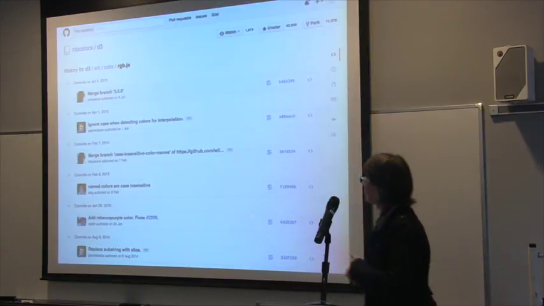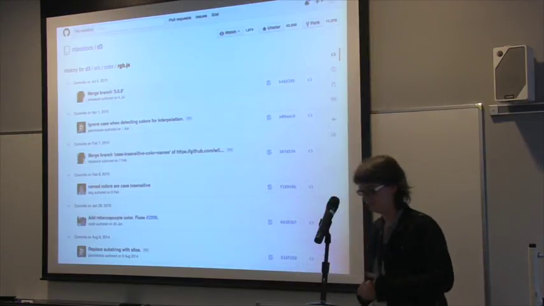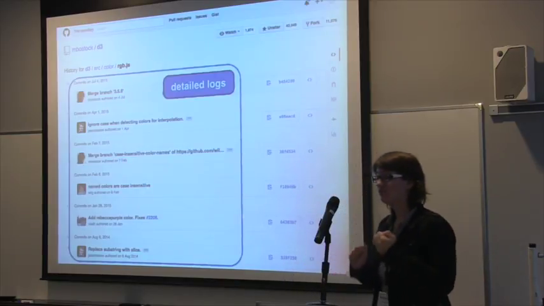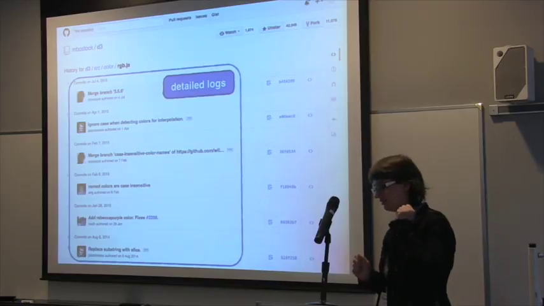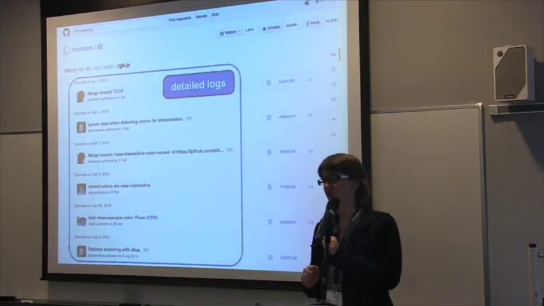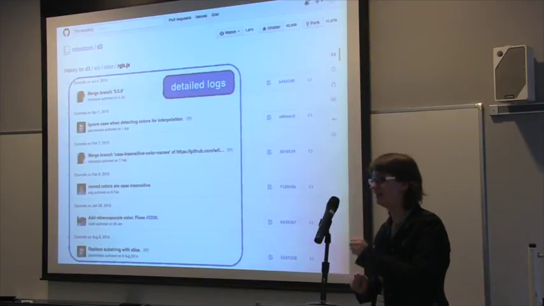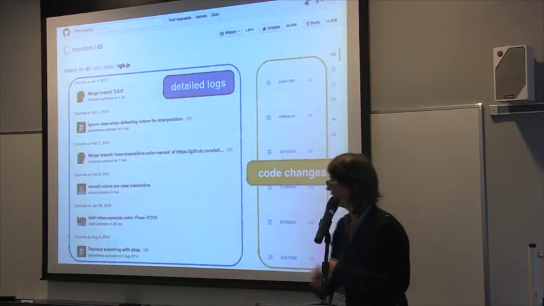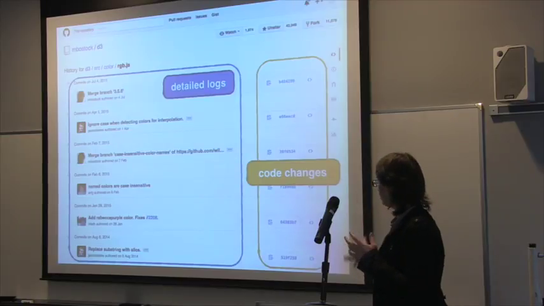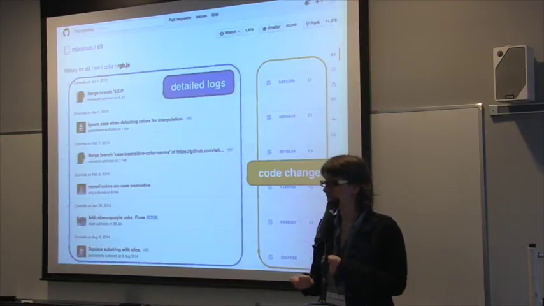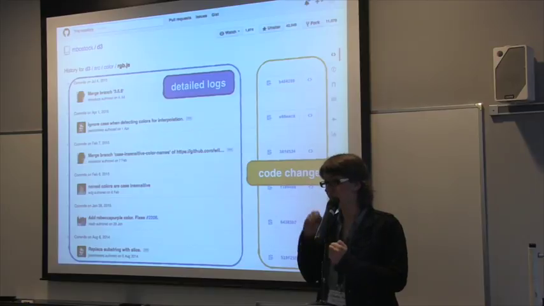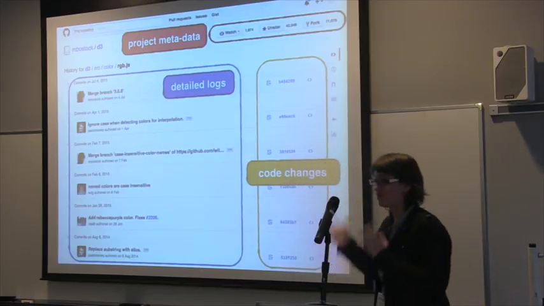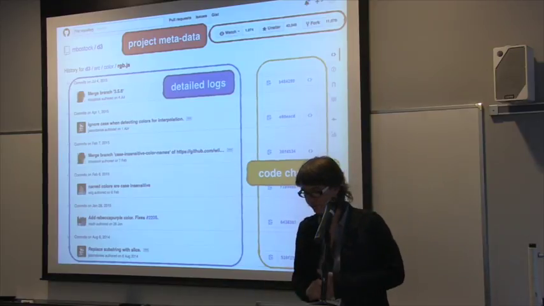Now here's another screenshot which shows you actually one particular GitHub project. So what is important here is that we have really very detailed logs, so any single character of code you change goes in there. It's available. We know exactly at what point in time you changed what type of code. And yeah, so these code changes themselves you can also download. So not just that you changed some code, but we also know what exactly that code was. And of course, we have all kinds of metadata about the project, how popular, and so on.